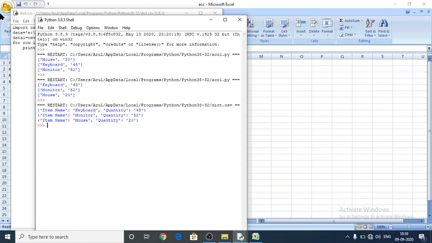And next one is reading a CSV file with a user defined delimiter into a dictionary. Here we are going to give a user defined delimiter. The delimiter is just like what we have used in the csv.reader class. That is what we are going to use here also.